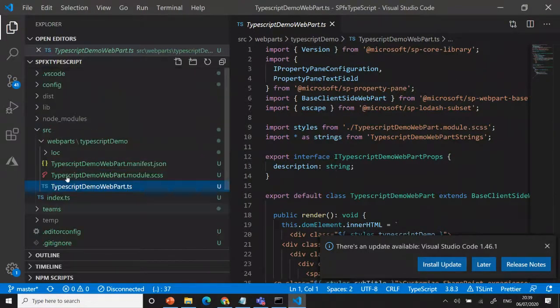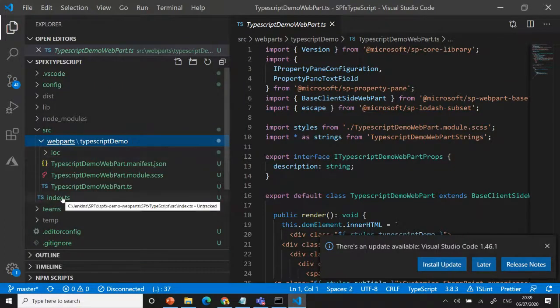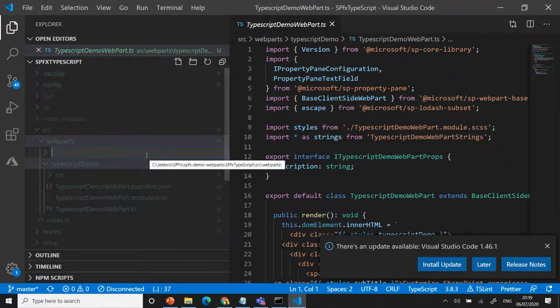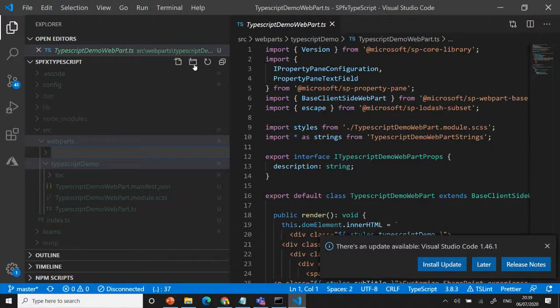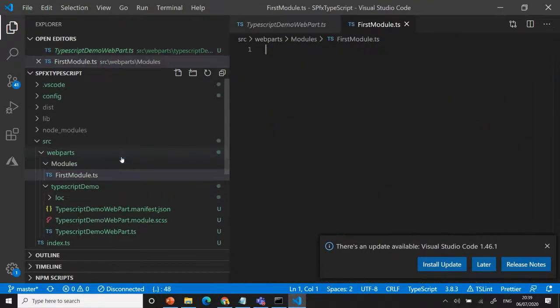Okay, I'm going to create one folder here. Most of the time, whenever we are doing any modules, right, we can go with the web parts. We have multiple web parts we are developing, right? We are creating a new folder here. Okay, I can use it here also, no problem. I'll use a modules folder and create a new file. We can say employee, or whatever the module is, first module .ts. Always TypeScript, right? .ts. Okay, I'll create the file.